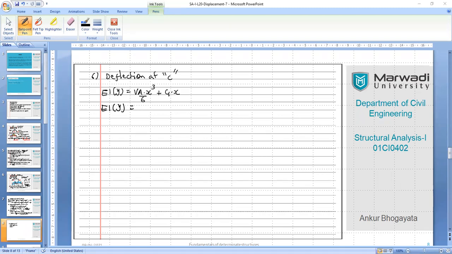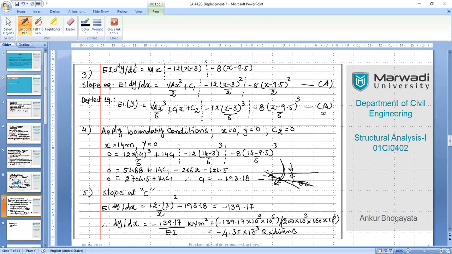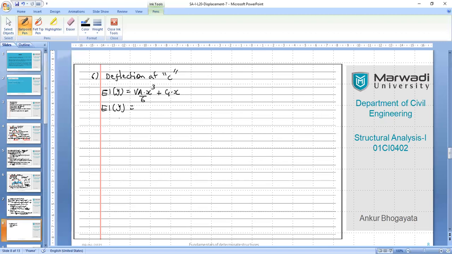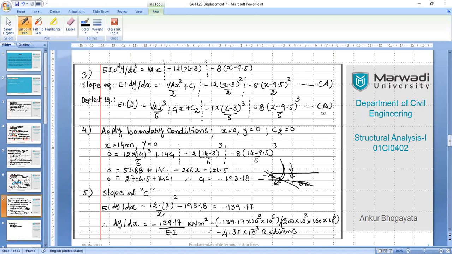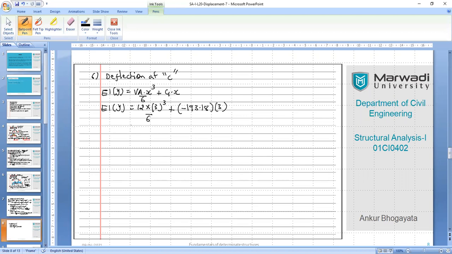So VA is 12 that we have, into x. Now x is 3, so we'll put it as a cube over here, divided by 6, plus 193.18 if I'm not wrong, into 3, right? 193.18, yes. So let's go ahead: 12 into 3 raised to cube divided by 6, so it is 54 again,